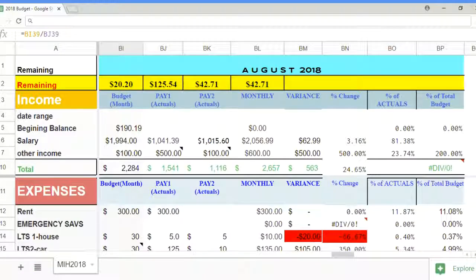Okay, so I do want you guys to know this. In October, I would start budgeting paycheck to paycheck, because I've noticed that I've been doing a little hybrid version. I budget for the month, but I split my actual each paycheck, and I just want to keep it a little bit more consistent. So you will see that in my October video and also in my paycheck to paycheck